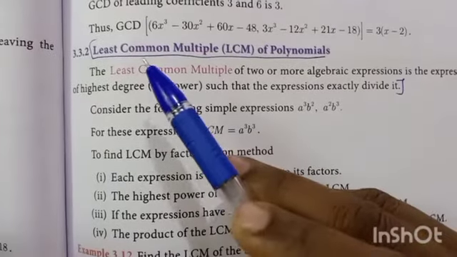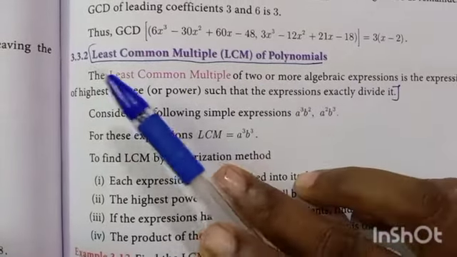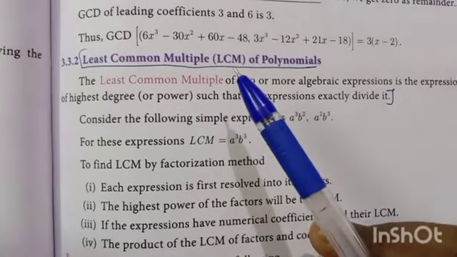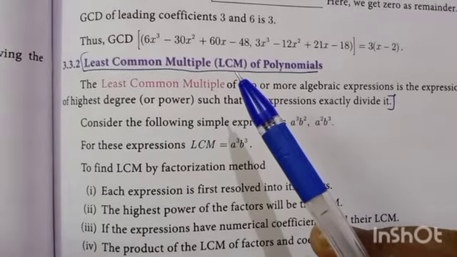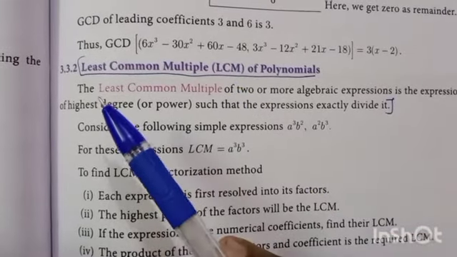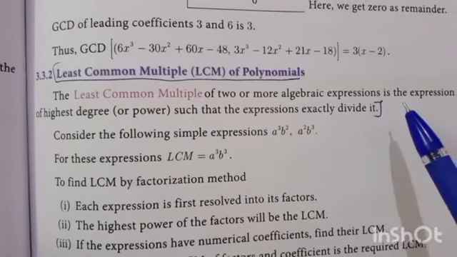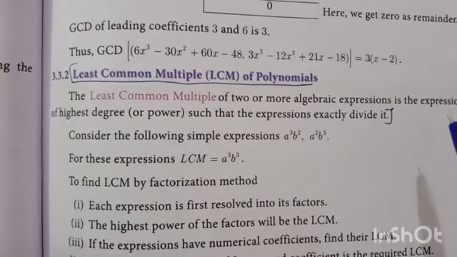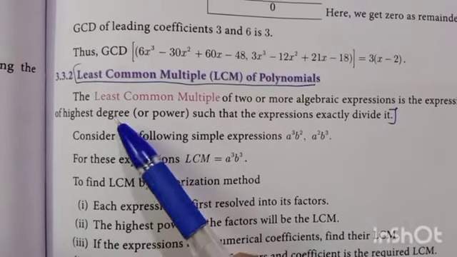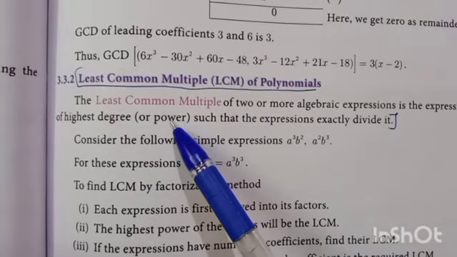Now you are going to learn the least common multiple of polynomials. Least common multiple means the LCM. Normally, LCM means the product of common factors and independent factors. The least common multiple of two or more algebraic expressions is the expression of the highest degree or power. Highest degree means the greatest power of the polynomial, such that